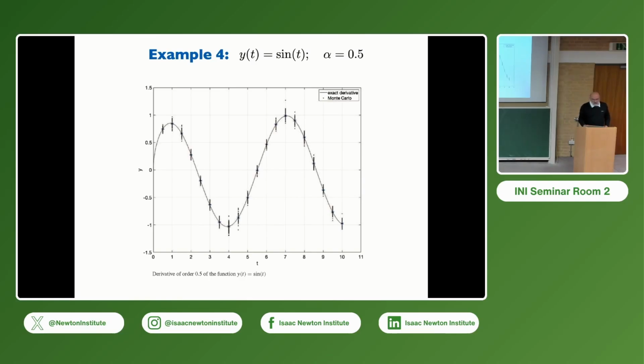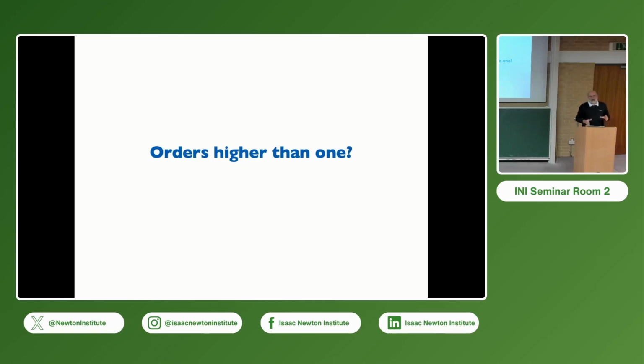After having this experience with derivatives of order between 0 and 1, we, with Nikolai Leonenko, started thinking, what will happen if you go further, above 1? And the problem is there. I will tell you the story in a moment. Basically, the problem is that the coefficients in the Grunwald-Letnikov approximation start to have different signs.